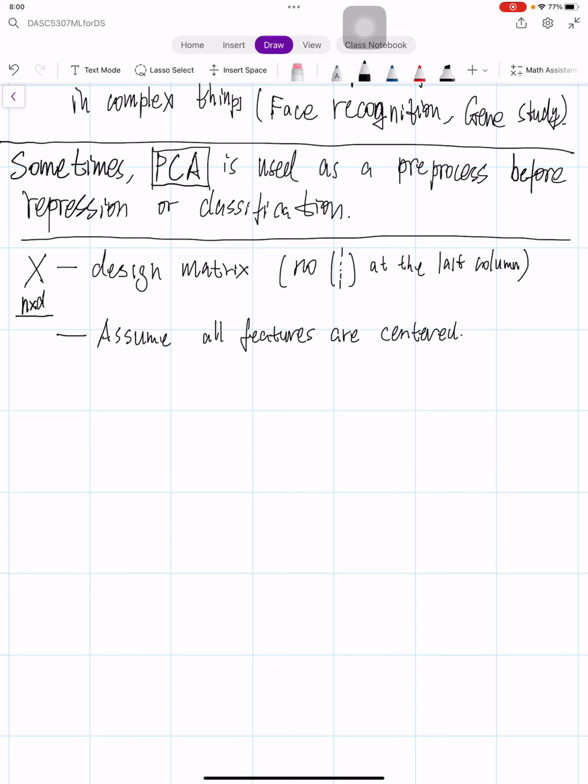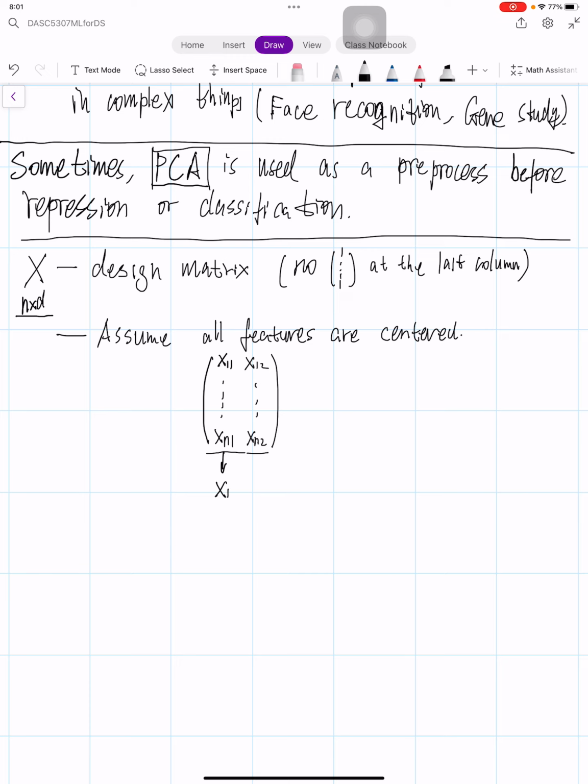In other words, for example, if you have x11, x12, suppose we have two features, up to xn1, xn2, okay? All centered means, if it's not centered, we just subtract from each column. We can calculate the